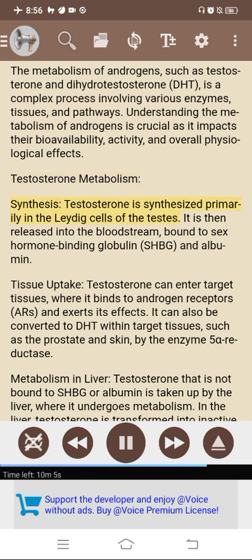Testosterone is synthesized primarily in the Leydig cells of the testes. It is then released into the bloodstream, bound to sex hormone-binding globulin (SHBG) and albumin. Tissue uptake. Testosterone can enter target tissues, where it binds to androgen receptors (ARs) and exerts its effects. It can also be converted to DHT within target tissues, such as the prostate and skin, by the enzyme 5-alpha